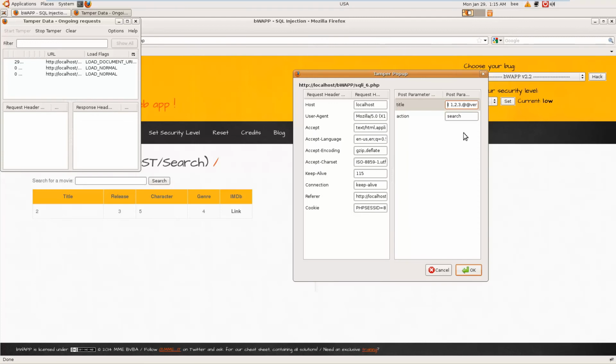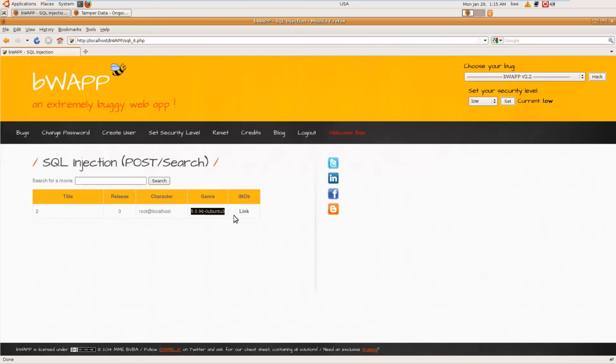At the place of 5, what should I give? User. Let's try this. So that's how you will exploit the vulnerability of SQL injection,